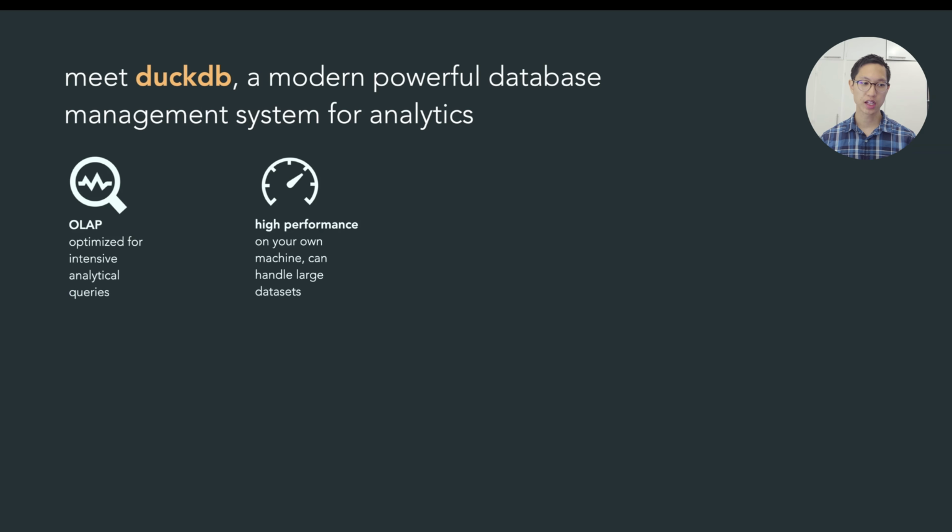It's very highly performant on your own machine and can handle large datasets. It's an embedded database, no need for a separate server, and the database is contained in a file. This makes it very simple to work with and very good to start with as a first course within analytics, to just learn how to get insights from the data, to filter the data, to manipulate it in the way